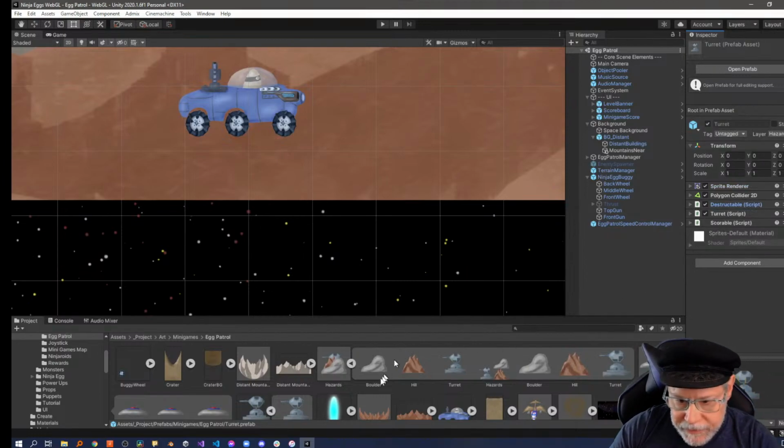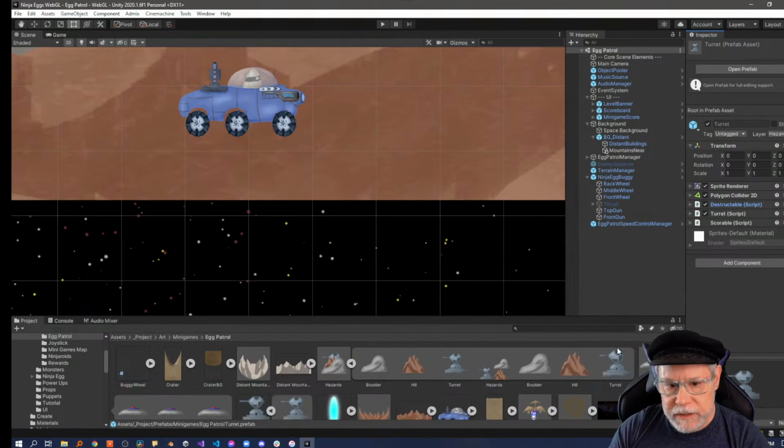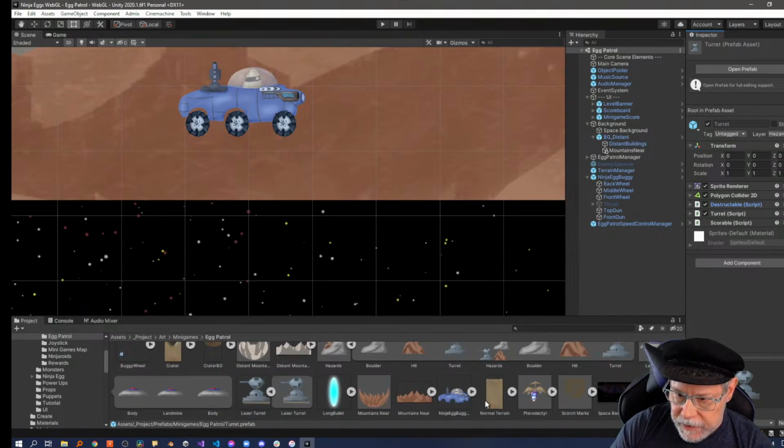Do I really want to do that, though? I think it's easier just to fix it in the image. But I'm getting toward the end of my lunch break here, so it looks like I'm going to have to fix this tomorrow. I do want to take a real quick look at if I was to